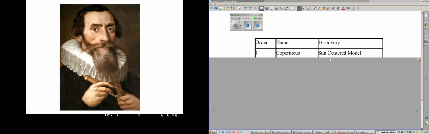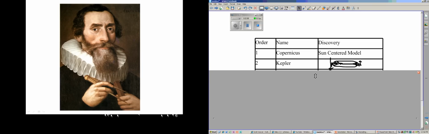So he hired a mathematician whose name was Kepler, and what Kepler was out to do was prove the heliocentric model, but Tycho didn't know this. So Tycho had an early death, and during his death, Kepler took all his information and was able to come up with his laws of planetary motion.